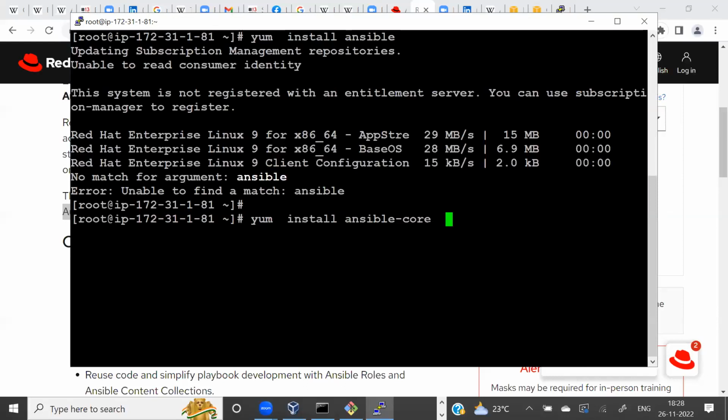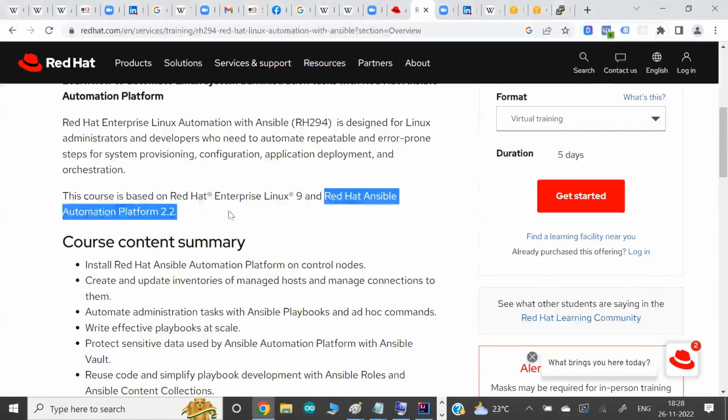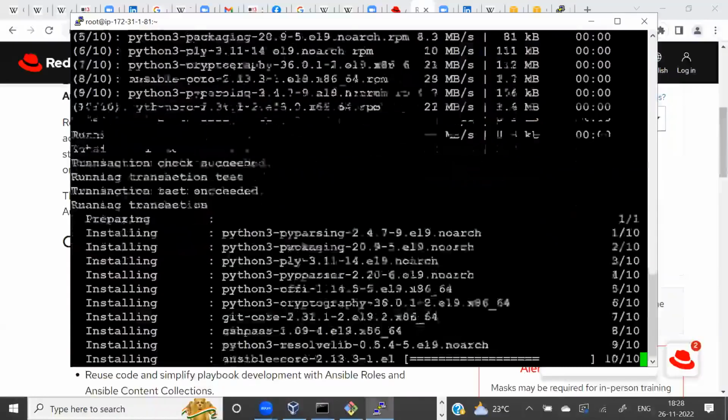This is one piece of information I want to give here. Okay, so the software name is called Ansible Core. That's what I'm going to install here. So the software is available, and we are using the latest version, Ansible 2.13 and above, is what we are learning, in the 2.0 above versions. We are installing it over here. I say yes, and install. So this is a one-time installation.